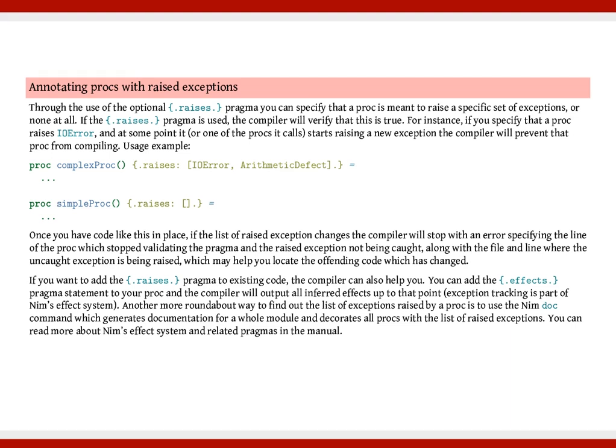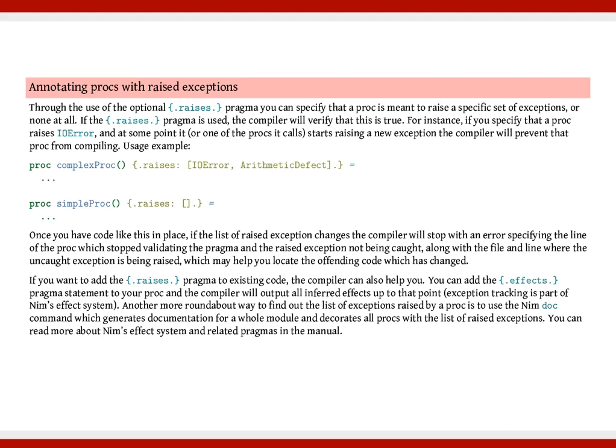Usage example: proc complexProc() {.raises: [IOError, ArithmeticDefect].} = ... proc simpleProc() {.raises: [].} = ... Once you have code like this in place, if the list of raised exceptions changes, the compiler will stop with